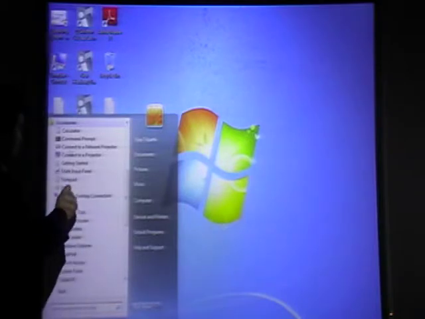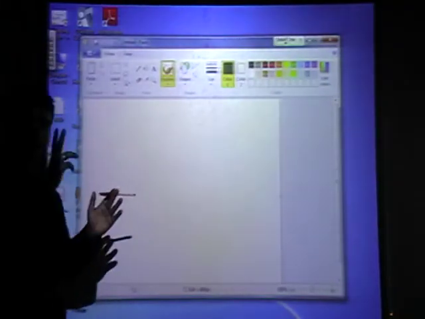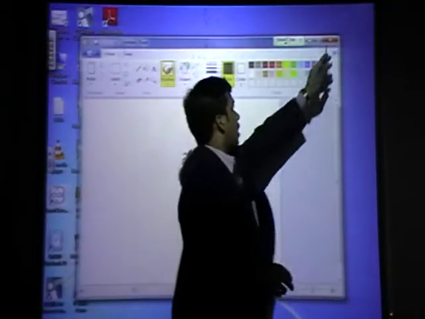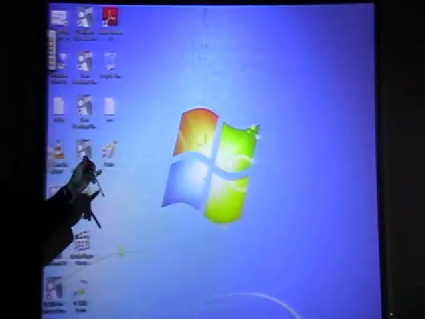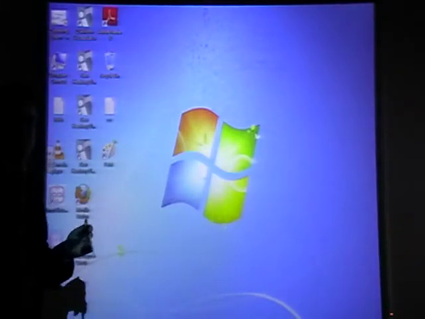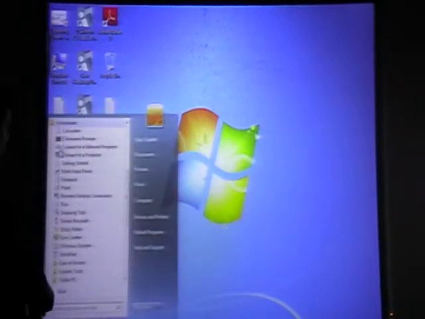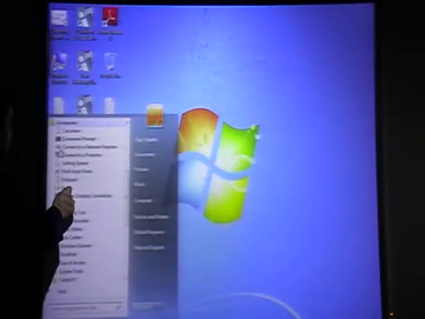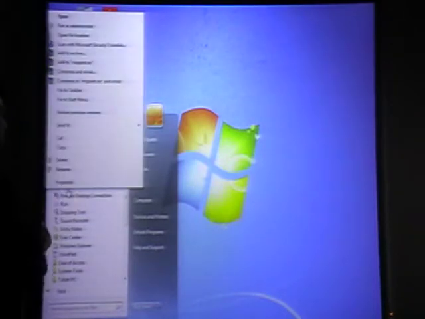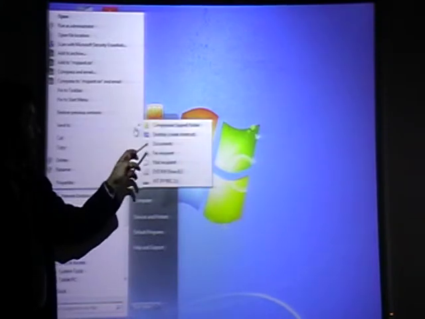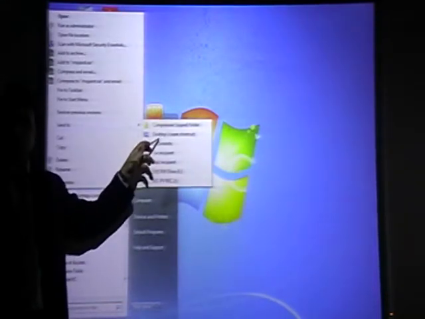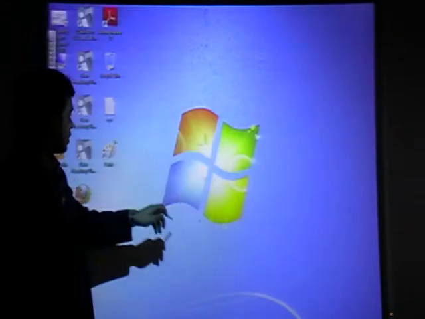Right click on this, right click, don't left click. And Send to Desktop create shortcut, like this. I clicked by mistake, it will right click here. Send to Desktop create shortcut. Click on this, you will get a shortcut here.